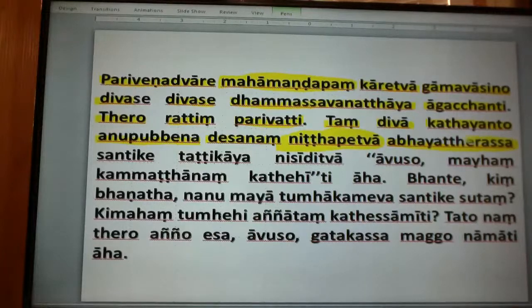Abhaya Tirasa, to the Abhaya Tira, Sandike. Abhaya Tirasa Sandike means to the Abhaya Tira. Tati Kaya Nisi Ditoa. Yeah, Tati Kaya means